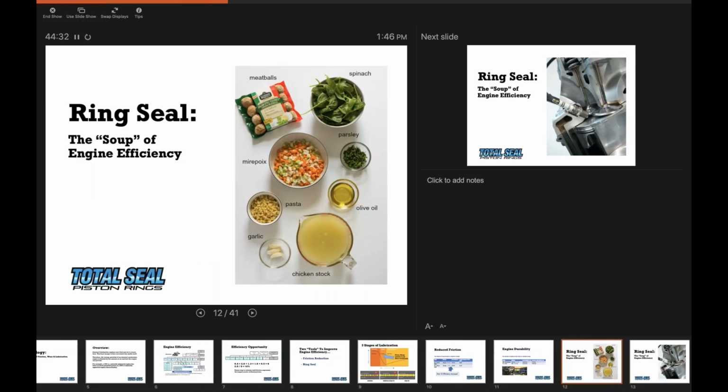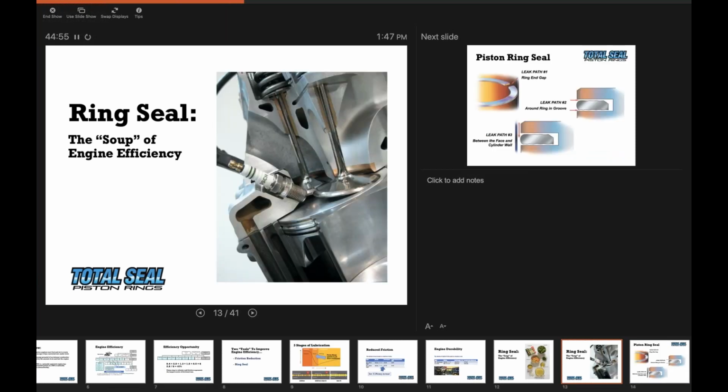And really what that comes down to is, I look at ring seal like a soup. And that's one thing we saw with that motor, is that you're trying to increase efficiency. Well, the soup isn't just the broth. It's not just the meat. It's not just the vegetables or the spices. All of that has to come together to create the soup. Ring seal is the same thing. It's not just the piston. It's not just the cylinder wall finish. It's not just the ring. It's not just the oil. When you think about oil as part of this soup,